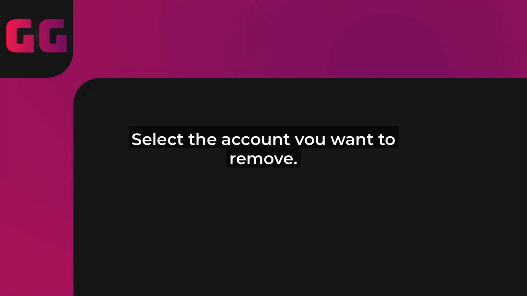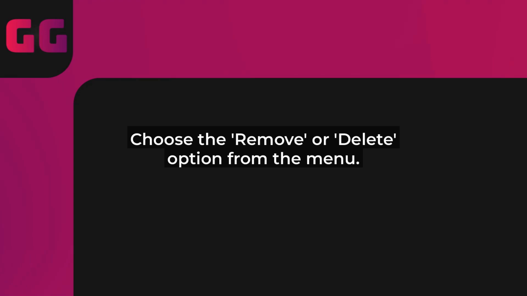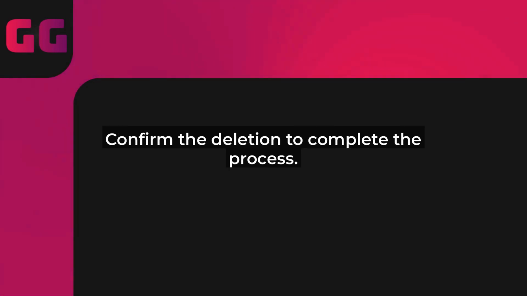Next, find the specific account you want to remove. Click on it to select it, and then look for an options menu. It might be a three-dot icon or Edit button. From there, select Remove or Delete Account. Mint might prompt you with a confirmation message to ensure you really want to proceed, as this action is permanent. Go ahead and confirm if you're sure. After that, the account should disappear from your list. Double-check by refreshing the page or navigating back to the Accounts section.